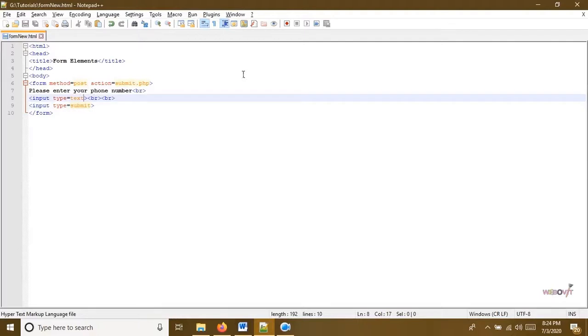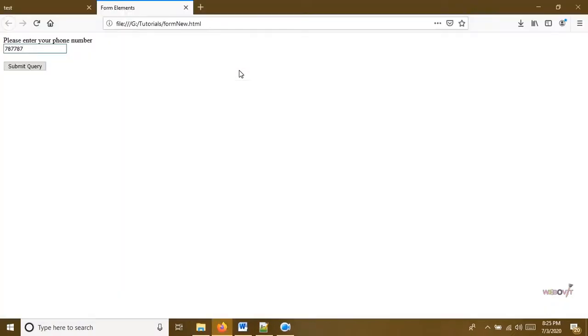Since input type is equal to text, but we want to input a telephone number, we will use tel instead of text. This is the new input type which we are going to learn here. If you open it in a web browser on a computer, you will not find any difference. See, nothing is happening. You can type alphabets also, you can type numbers also.